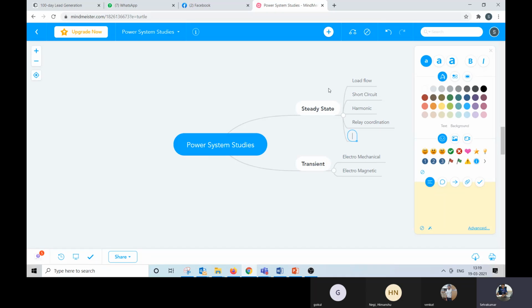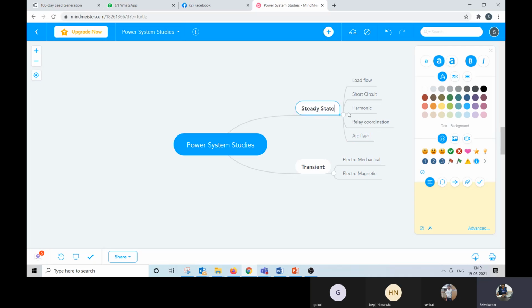The tools used for this can be many power system simulation softwares. Examples are ETAP, DIgSILENT, SKM, SIMEC, PSSE. There are plenty of simulation softwares, approximately 50 plus commercially available power system simulation softwares. And in India, we have a software called MyPower, right? So this is about the steady state analyses and the software which we can use.